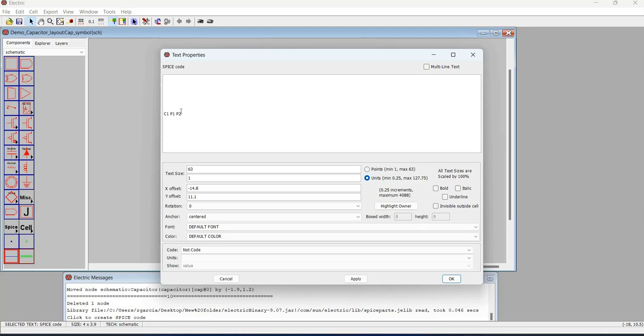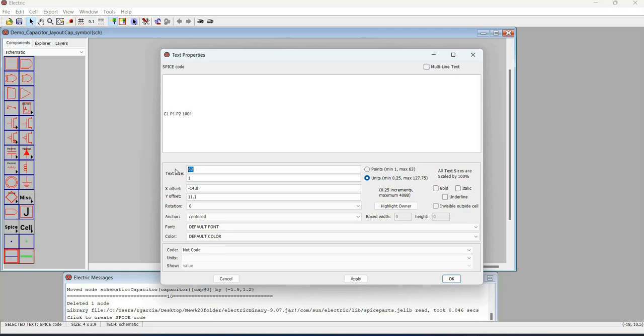So let us just assume a value of 100 femtofarad. You can have multiple lines for your spice code. Just be sure to click this multi-line text. So if you're just going to use a single line, then you can unclick this one.